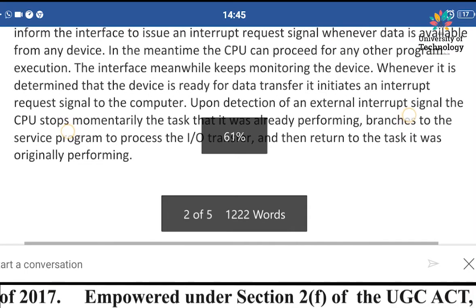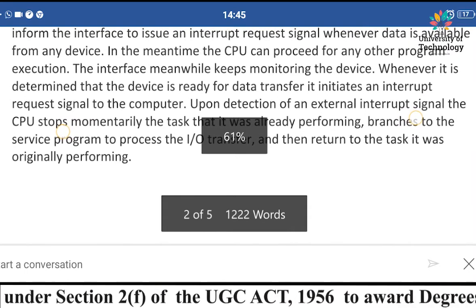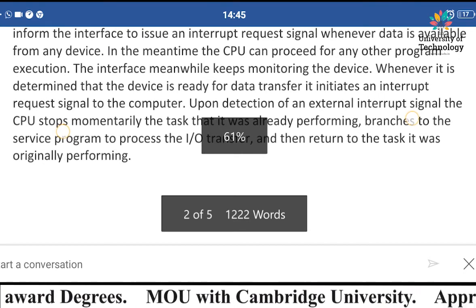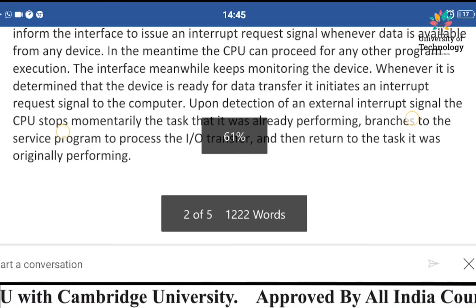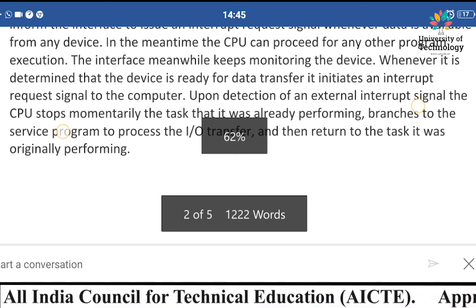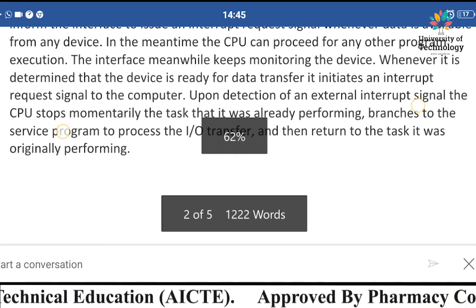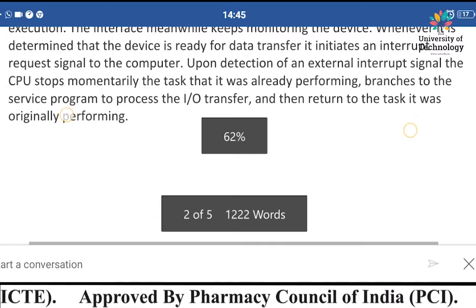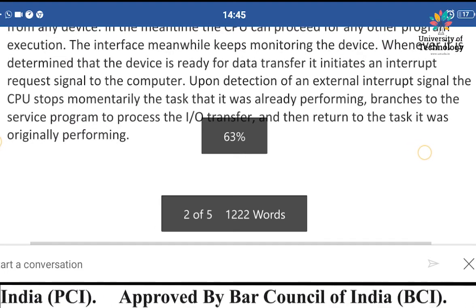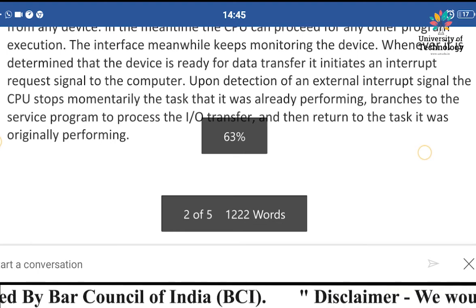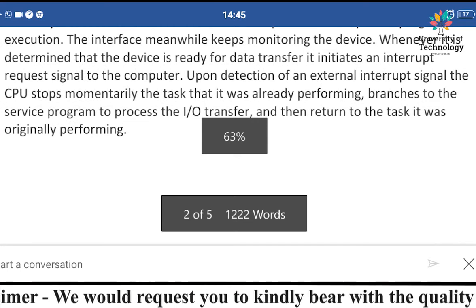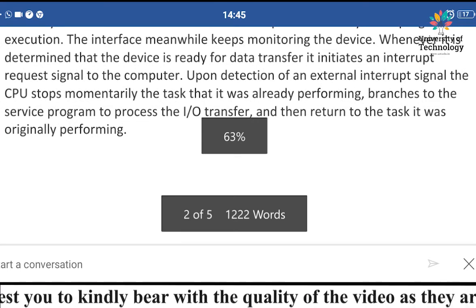In the meantime, the CPU can proceed with any program until it is determined that the device is ready for data, and we come to know that the device is ready to transfer the data, and it initiates an interrupt request signal to the computer. So this interrupt is cleared upon the detection of internal signals. So after that, what happens? Upon the detection of an external interrupt signal, once the external interrupt signal is detected,